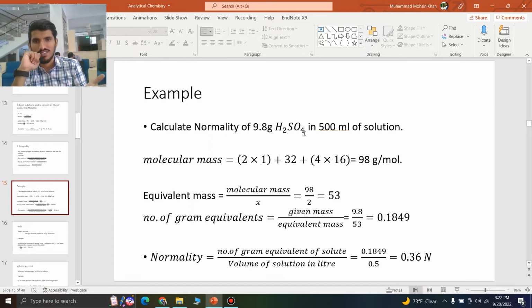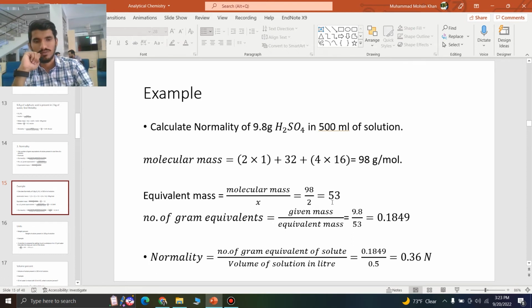So we have to take valency, and valency can be only the positive charge or the negative charge. So let's just take the positive 2, meaning that I have to write 2 here. The sign does not have to be included in the equivalent mass equation. What you have to do is just find the valency, which you can find by seeing the number of donatable hydrogens. So we have 98 gram per mole, and dividing it by 2